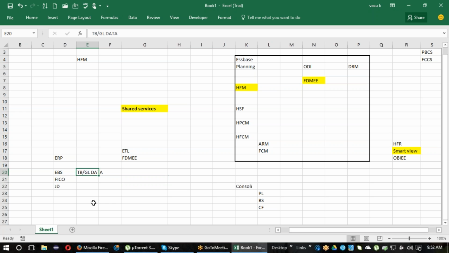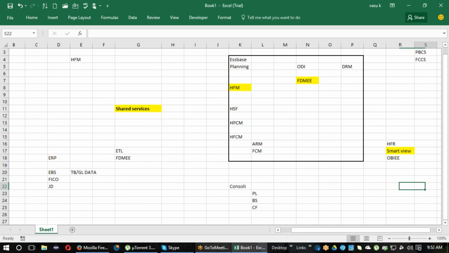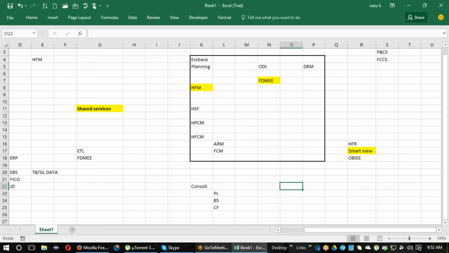Transforming, in the sense that your TB chart of accounts is different from your HFM application accounts. If both are different, then you need to do the mappings in FDMEE and then load the data into the HFM application. Here in the HFM application, we have different dimensions. So, for example, here in the HFM application, we have